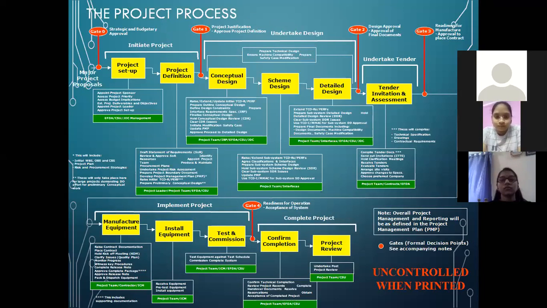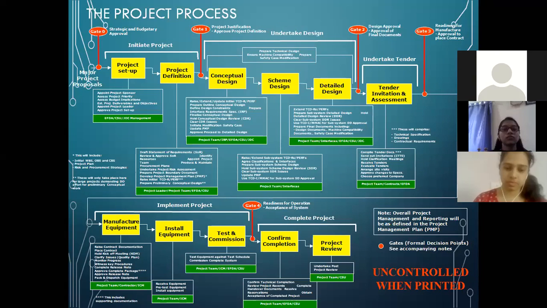So these are the various project management process steps. You just concentrate on the things at the top, nothing but project setup. Project setup is your project planning: how you are going to execute your project, how many employees you need for successful completion of your project, where you are going to start your project, and what raw materials you require. All these are the essentials that you see in your project setup.